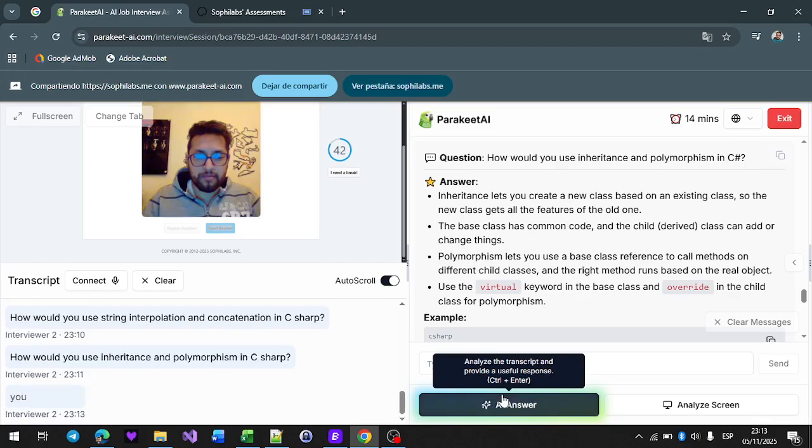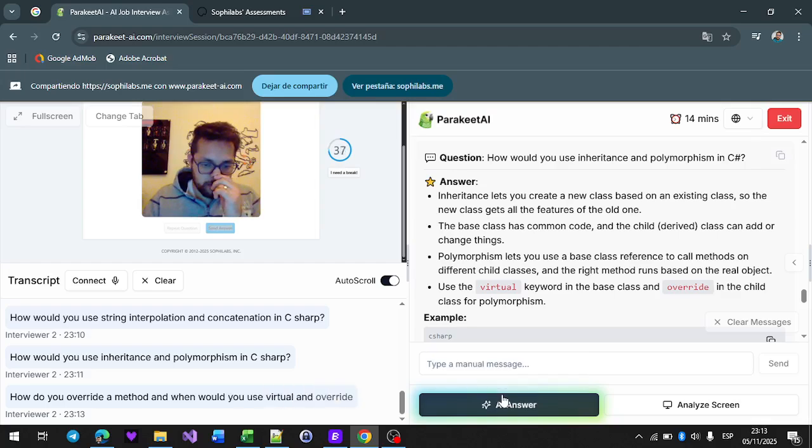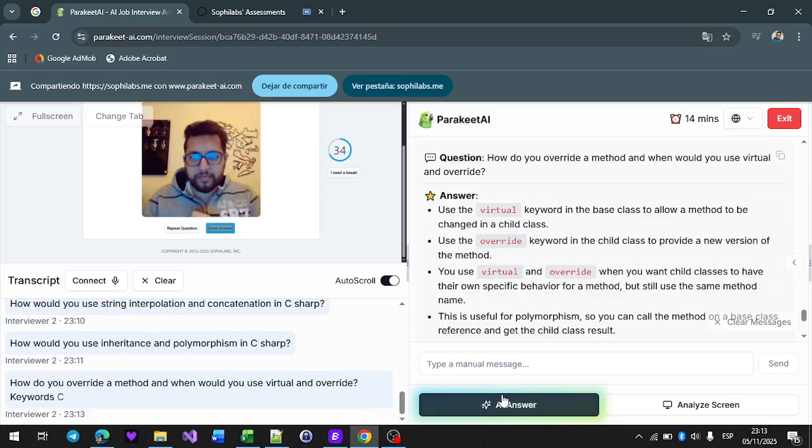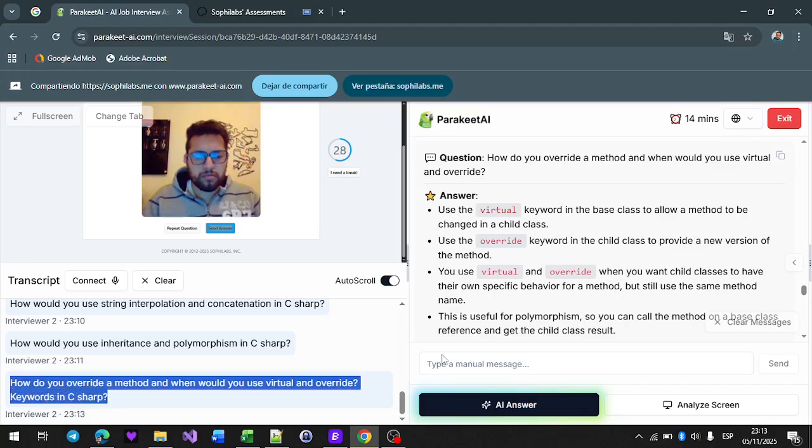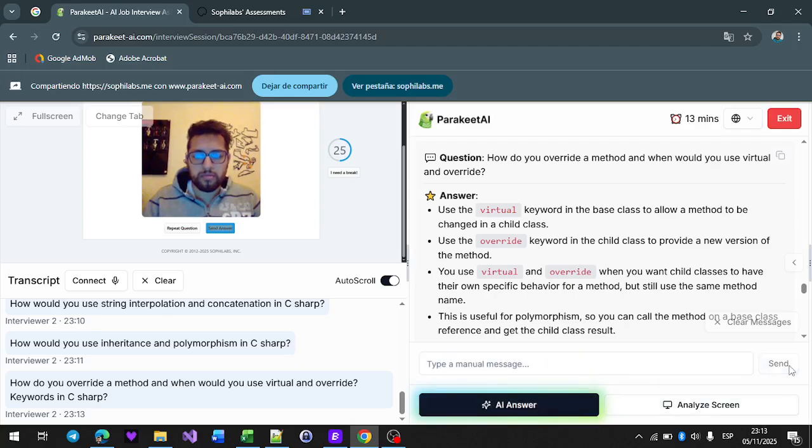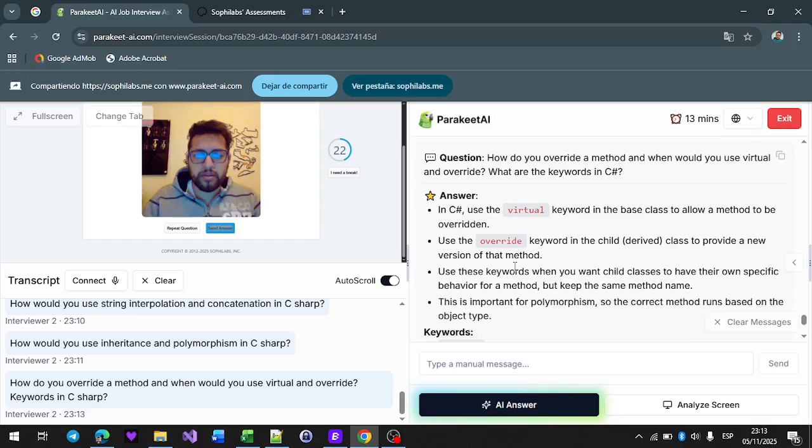How do you override a method? And when would you use virtual and override keywords in C Sharp? In C Sharp, we use the virtual keyword in the base class to allow the method to be overridden. Use the override keyword in the derived child class to